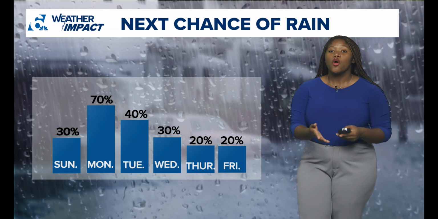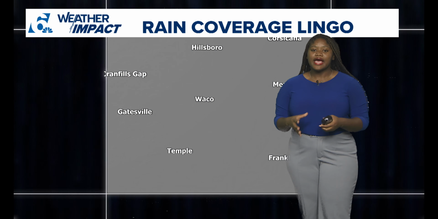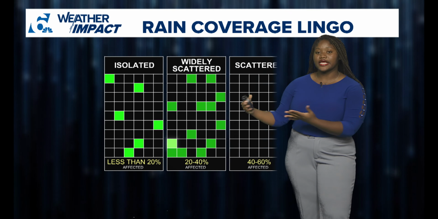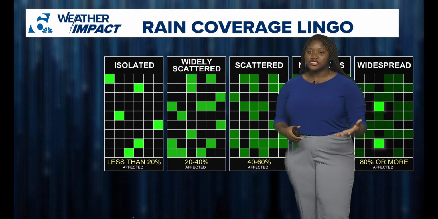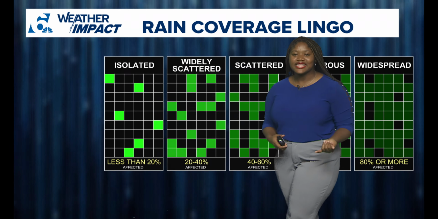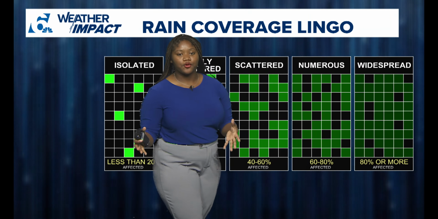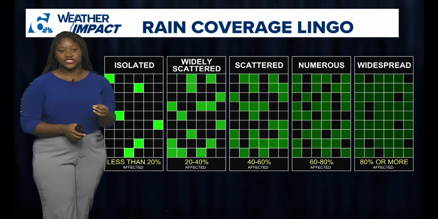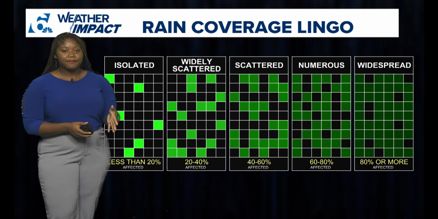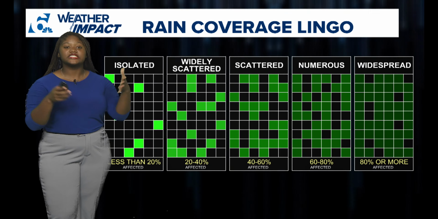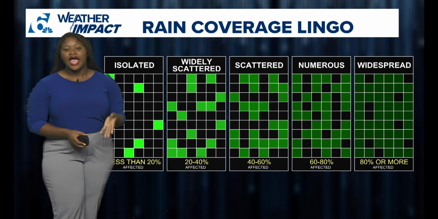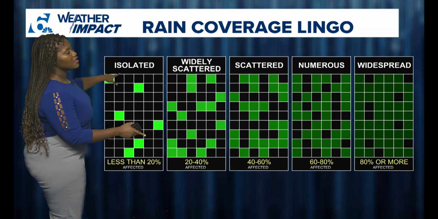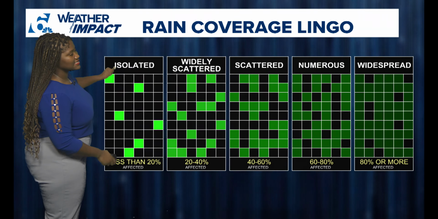So here's the breakdown. When we're talking about rain coverage, that means our entire viewing area. So we cover all of Central Texas and into the Brazos Valley. Most of the time you hear us say words like isolated, scattered, or widespread rainfall. When we're talking more isolated coverage, we're talking about a 20% chance or less. So that means at least 20% of the entire viewing area could see a chance for some rainfall. Doesn't mean everyone, but we're going to hang on to that 20% when we're talking about isolated coverage.